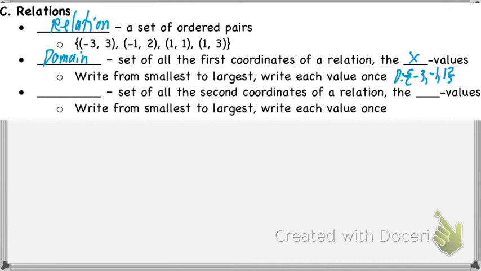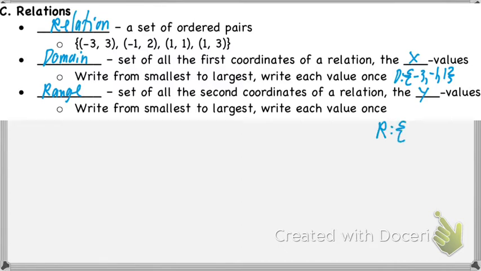All right, so alongside domain, we have this thing called the range. Now, if domain was the set of all the x values, what do we think the range will be? The y values. The range is the y values. Once again, smallest to largest, writing each value once. Those rules did not change. Now, if we used a capital D for domain, what letter do we think we're going to use for range? Reagan. Oh, capital R. You nailed it. So I'd say my range